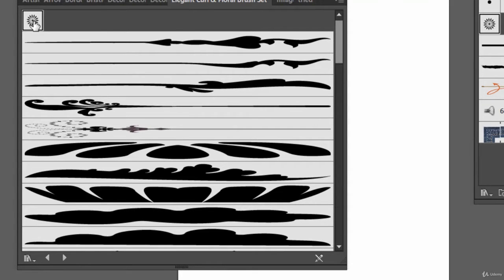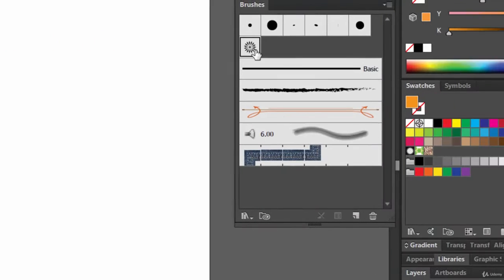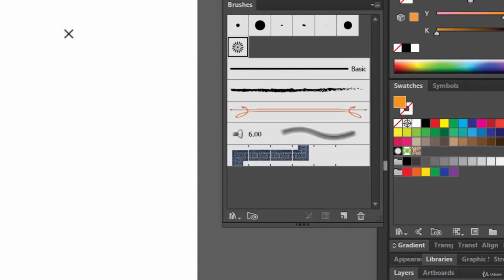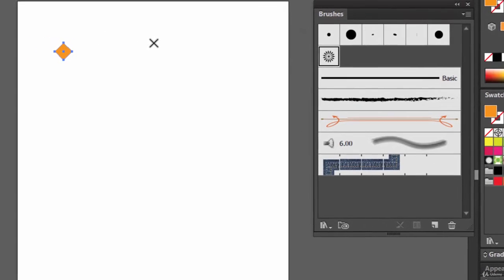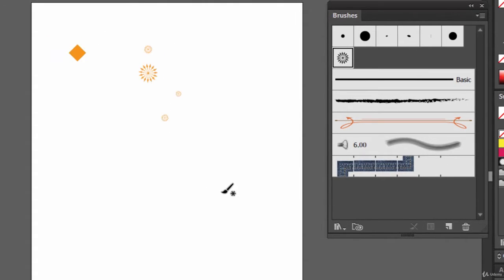Now select it. So select the brush tool and make sure that this brush is selected. Now just increase your brush size by pressing the keyboard shortcut right bracket key, and now draw a stroke.